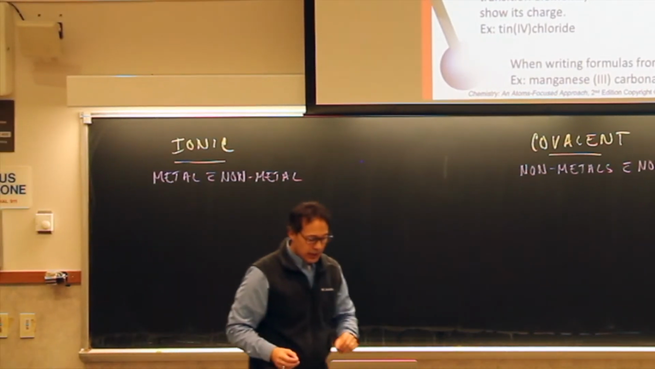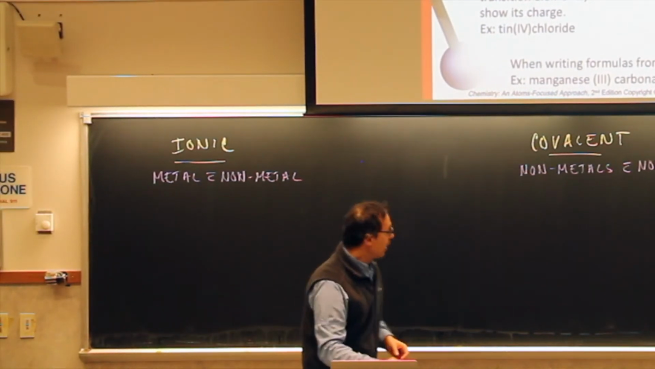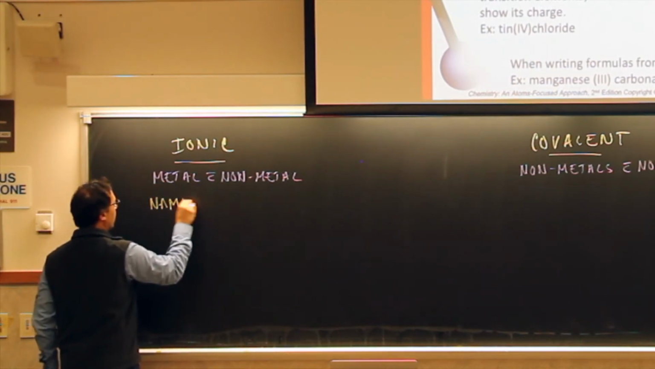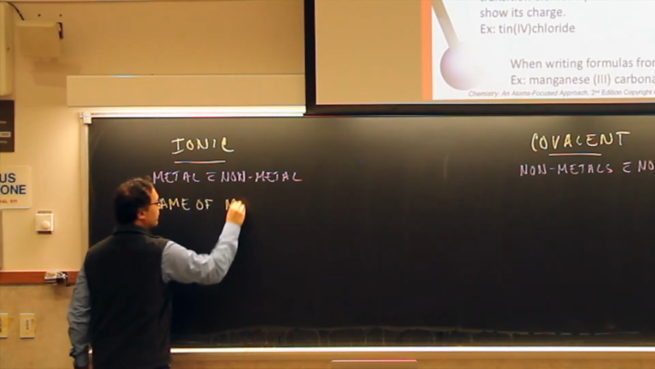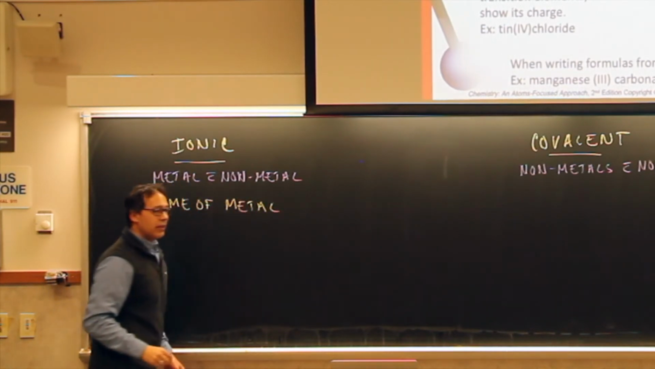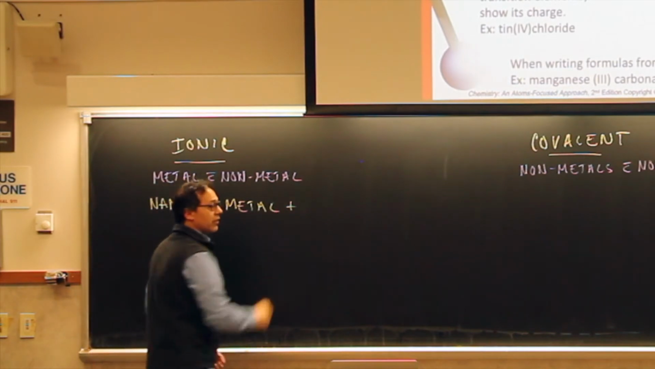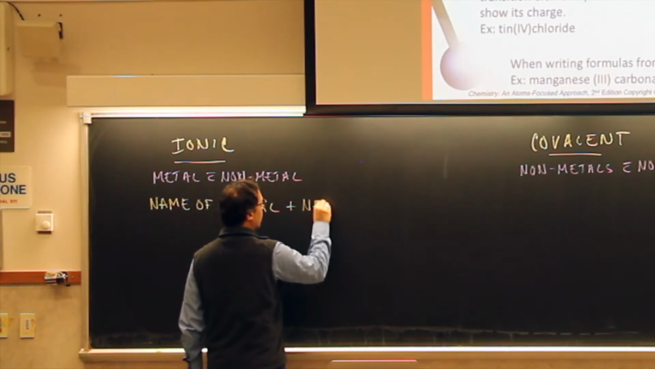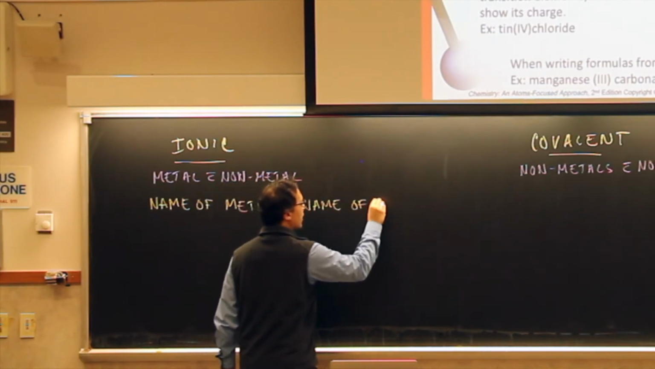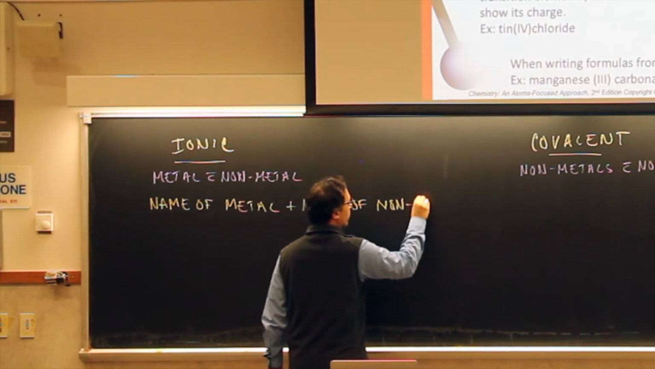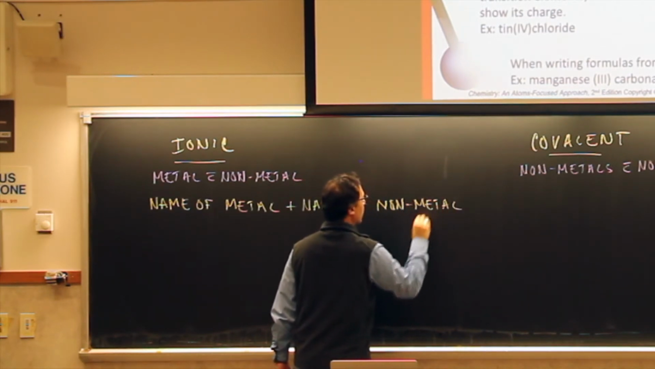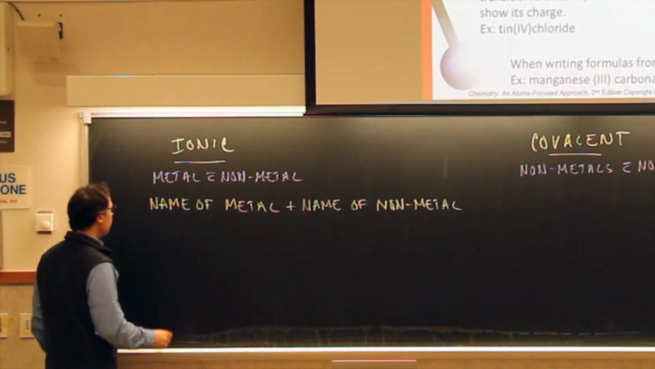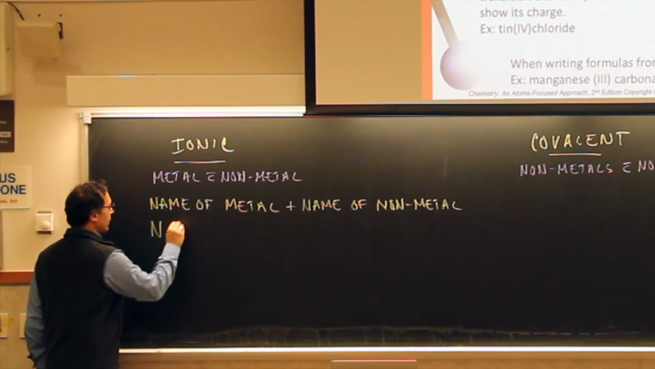Now, for naming these, all we got to do is we just got to take the name of the metal, and then we add the name of the nonmetal. So, for example, if we have NaCl,